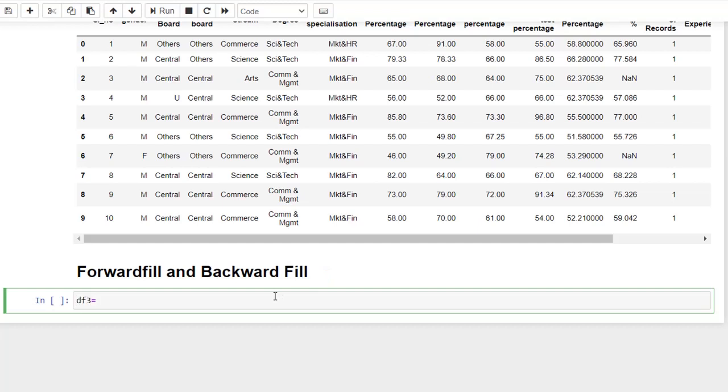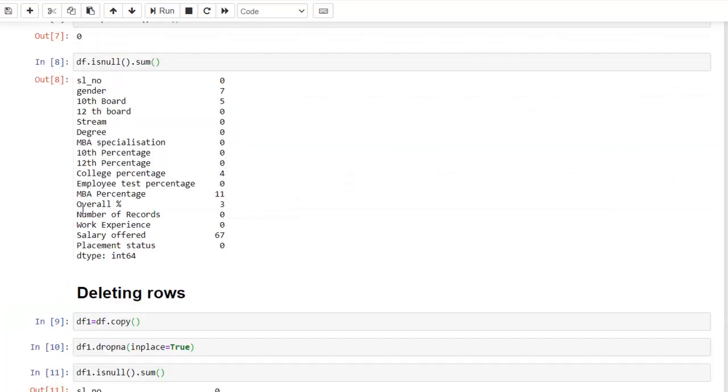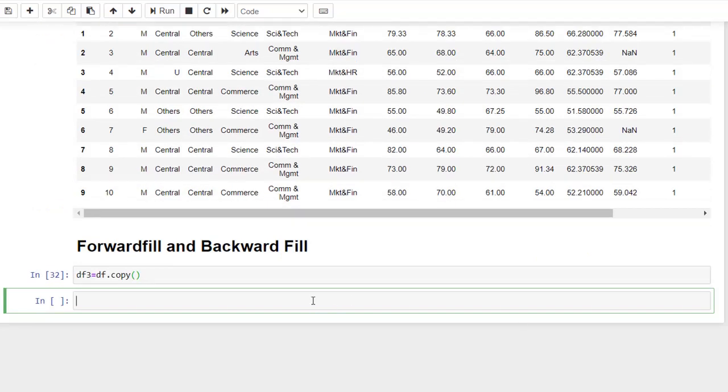I'm going to create another data frame, df3, which is a copy of the data frame without duplicates. The columns overall percentage and salary offered have null values, right? I'm going to use the overall percentage feature for demonstrating forward fill. So let's see how to do that.